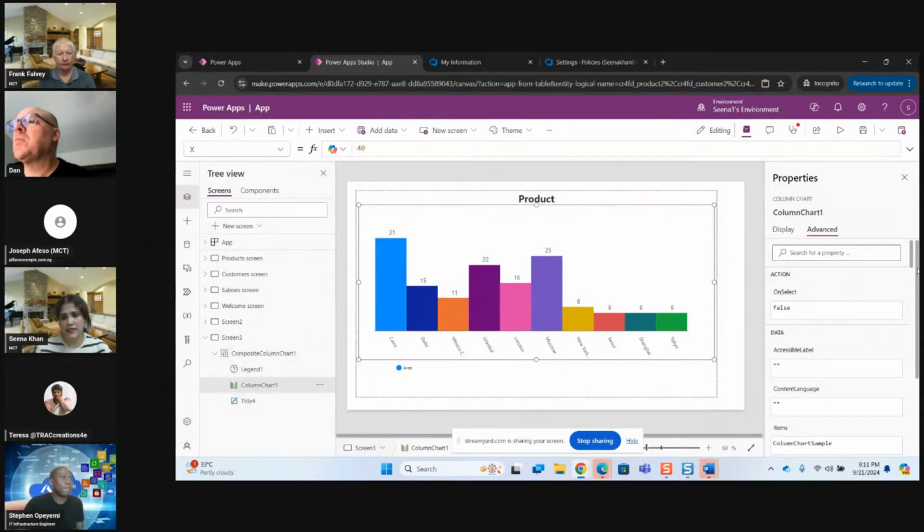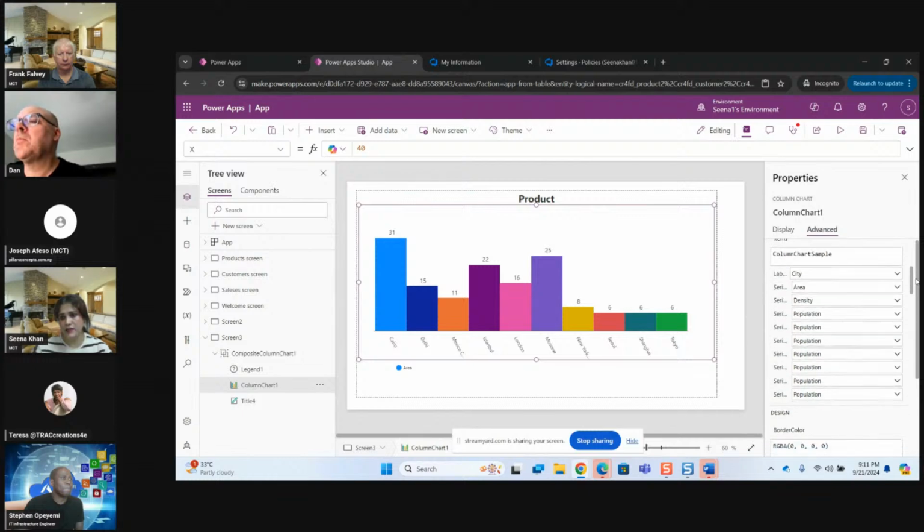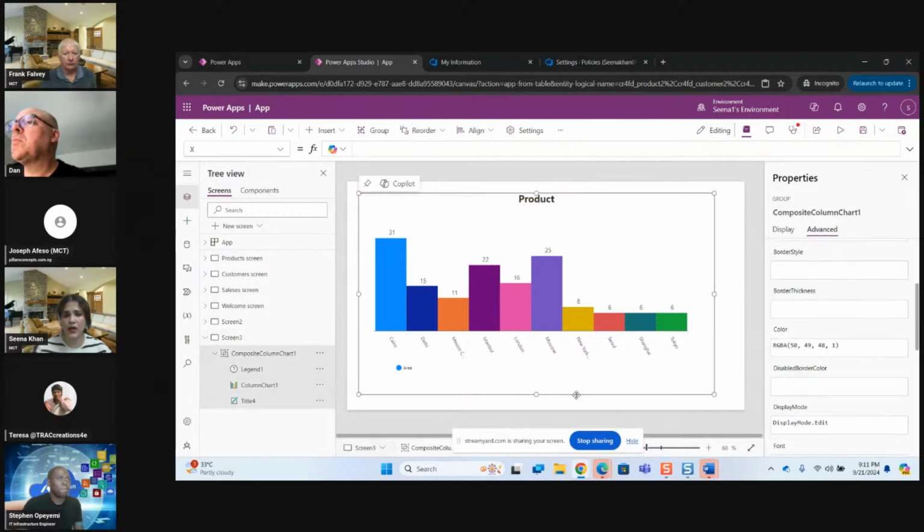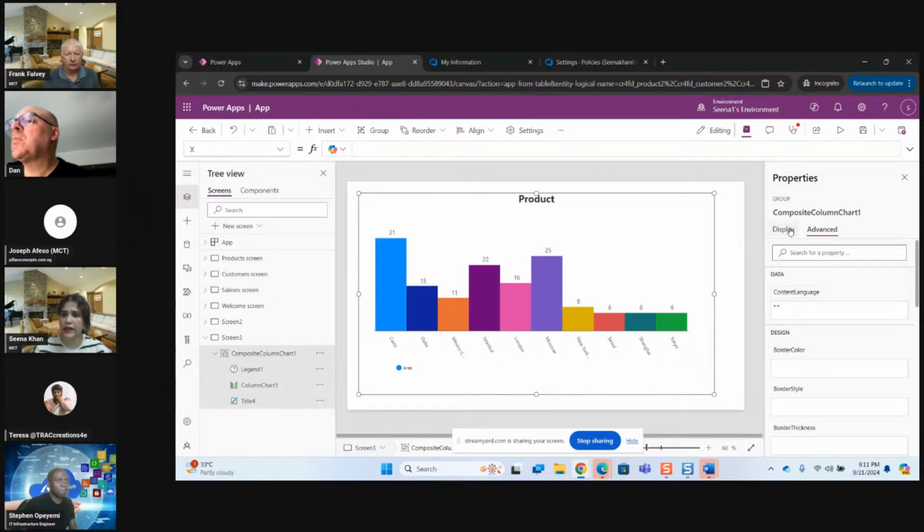I just selected the chart, and here is where we can add the data. For the column chart sample, the data is already there, so we can remove that. How can we remove it? By adding the data